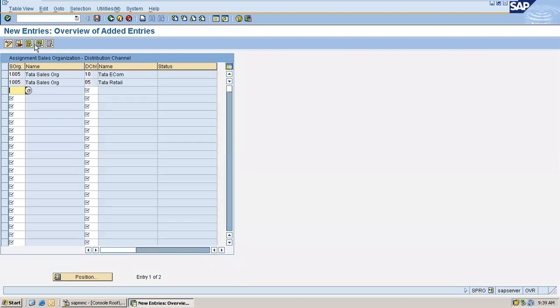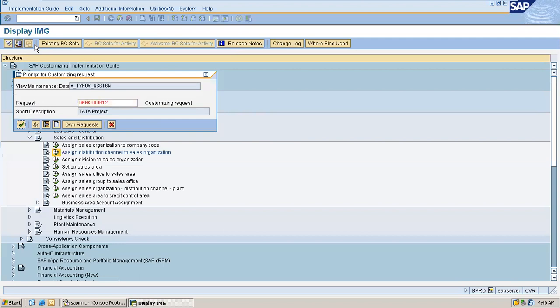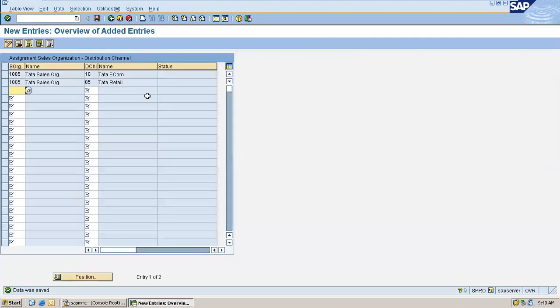So you can assign like this. It is many to many. Any sales org can have an e-commerce distribution channel. Any sales org can have a retail distribution channel. There is no restriction. One sales org can have multiple distribution channels. One distribution channel can have multiple sales orgs.